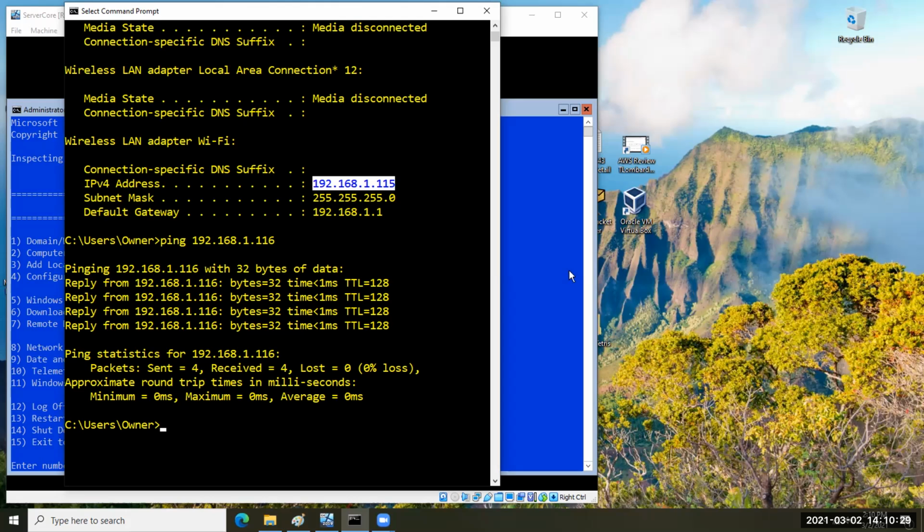Remote Server Administration Tools, or RSAT, is a method of allowing you to,